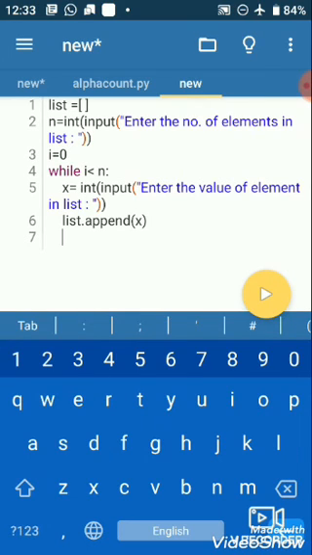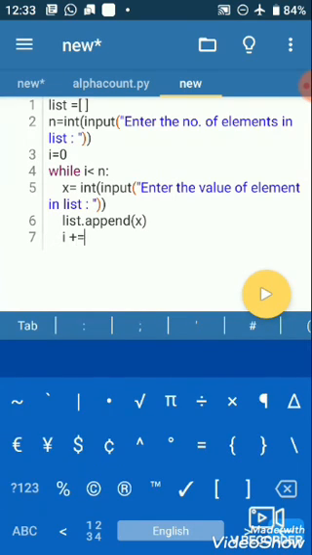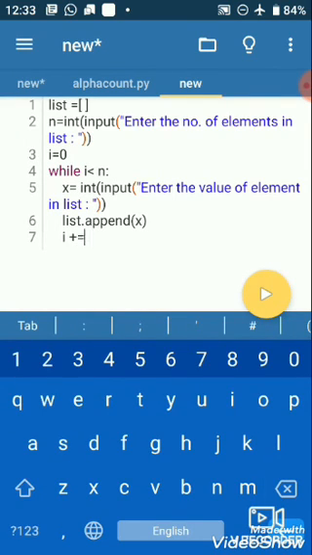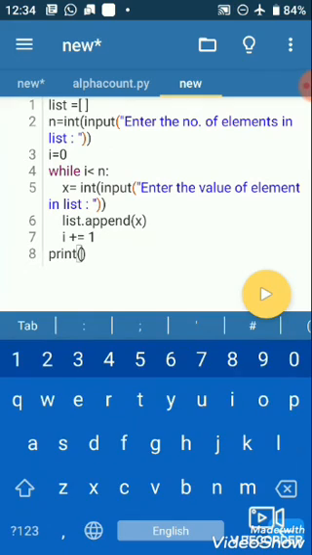Then we increase the value of I, so that the loop will be I plus equal to 1. Then we print the list. Our list name is list.